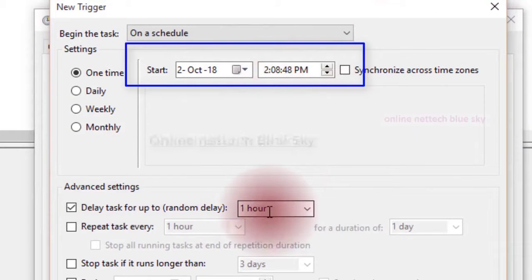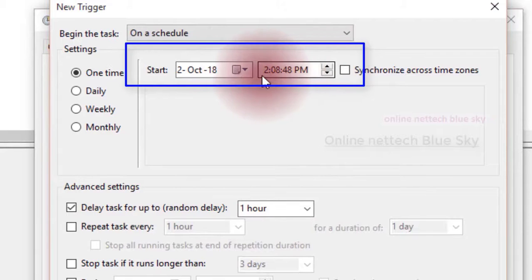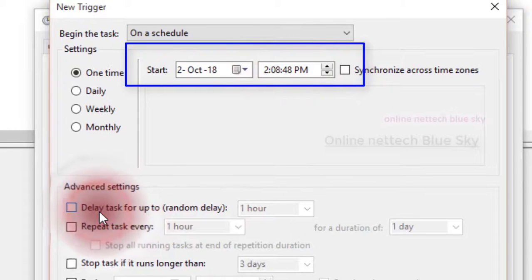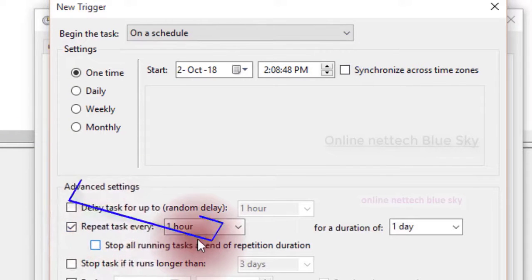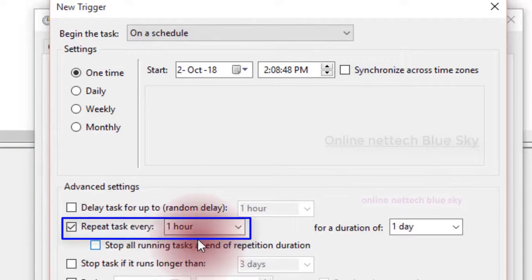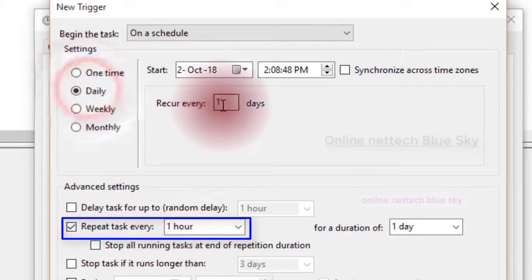A value like 2848 means this task runs after 3 hours, 8 minutes and 48 seconds. Random delay means the task runs within 1 hour. You can repeat your task, meaning every 1 hour it runs again.